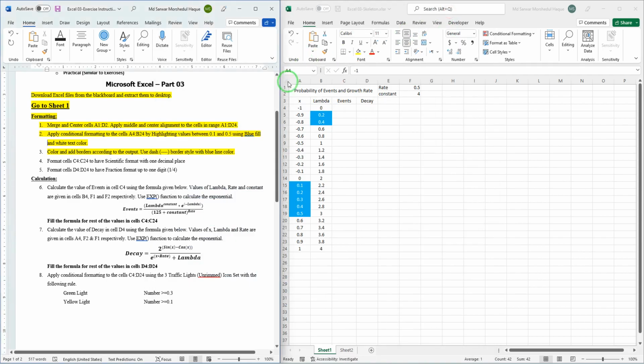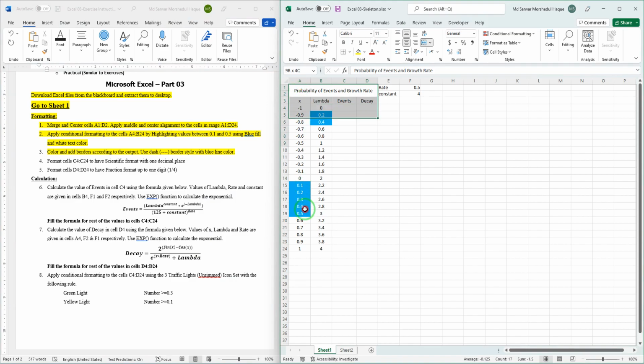So let us select all the cells together by holding the Ctrl button. So we select at first this part, then press Ctrl and select this part,